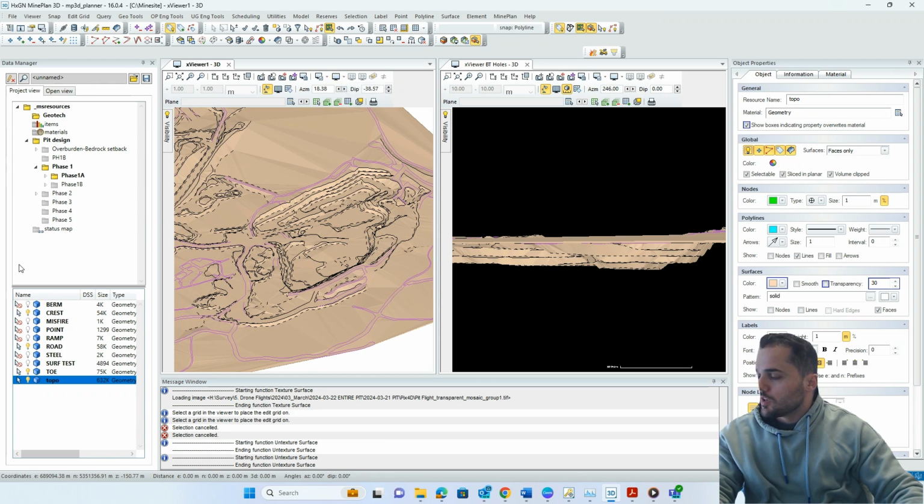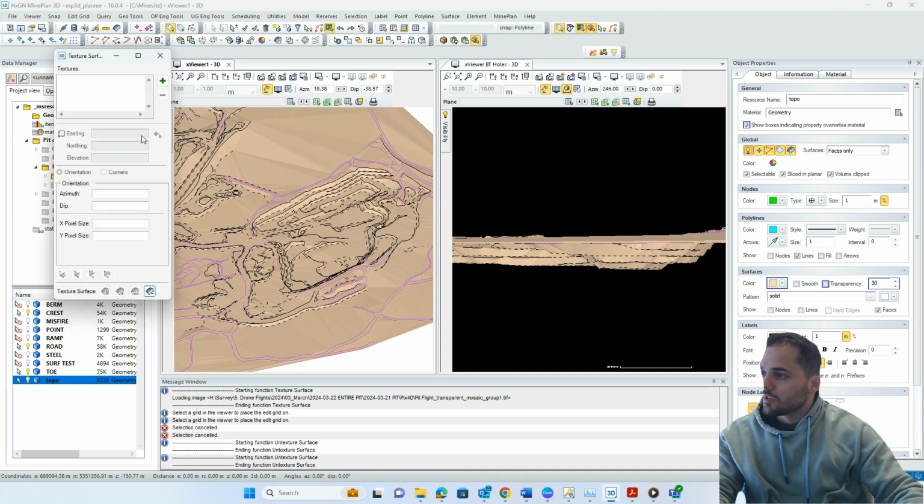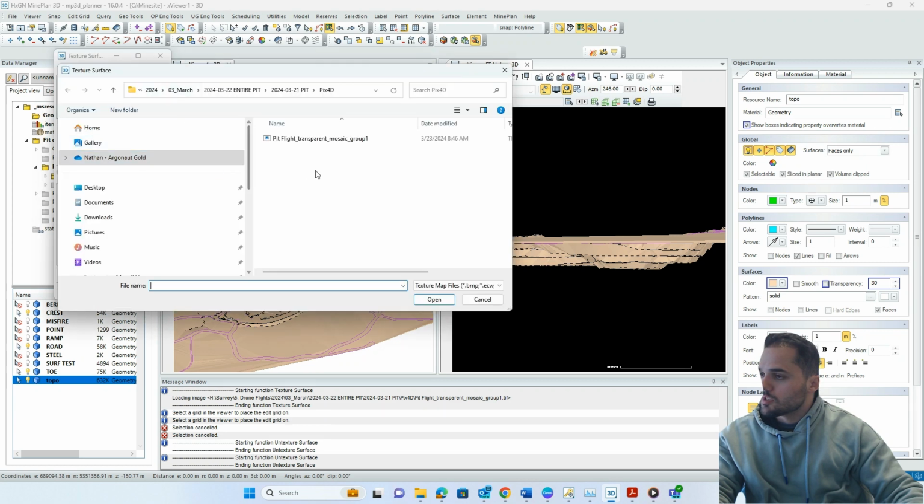you're in your project file, doesn't matter where you want to do it. I want to put it over my topos. I already selected. And the way to do it is through the utility tool up here, and you want to add the texture surface tool. You click on this plus sign here, and you go to where your TIFF file is located. You choose that,